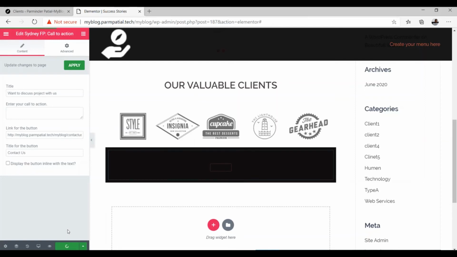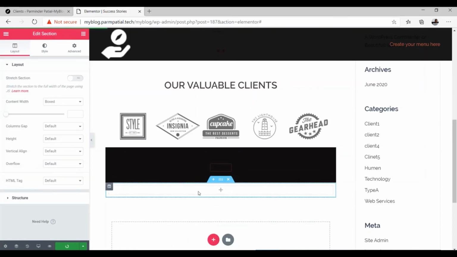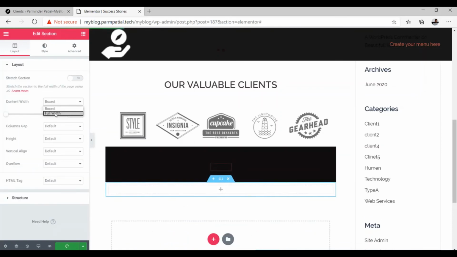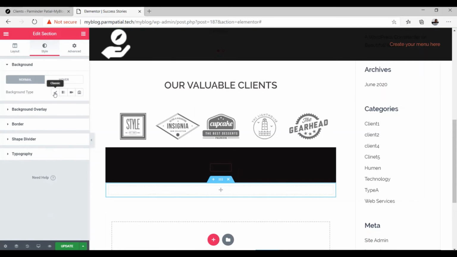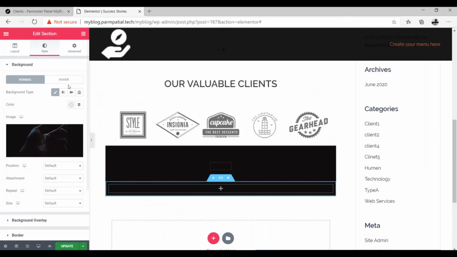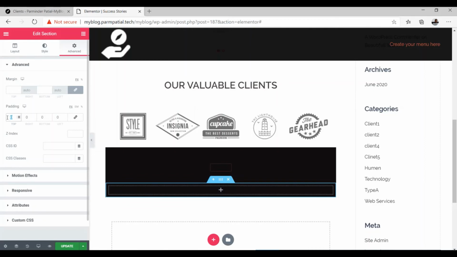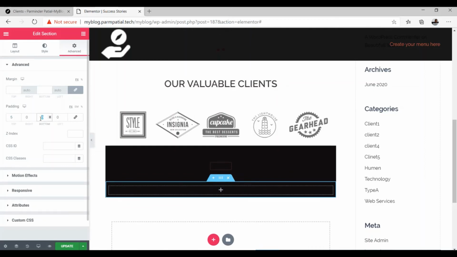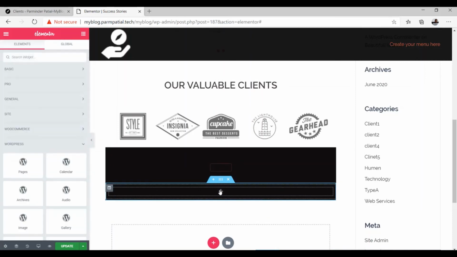So in the last I would like to add, in the same way as in the previous page, the social media button. So for this I will click on this again, add new section button, and add row to this. And here I will select layout as full width. In the style I'm using the background as the same background as we have done in the previous case. And here I'm just going to put some padding of say 5x at the top and 5x at the bottom.